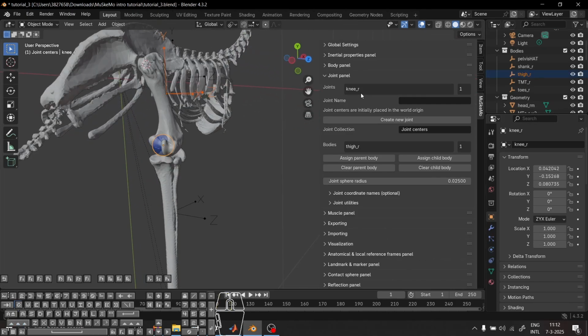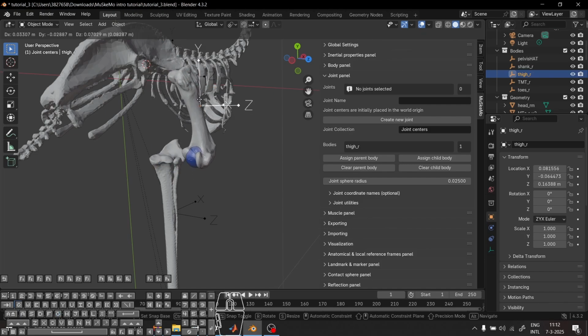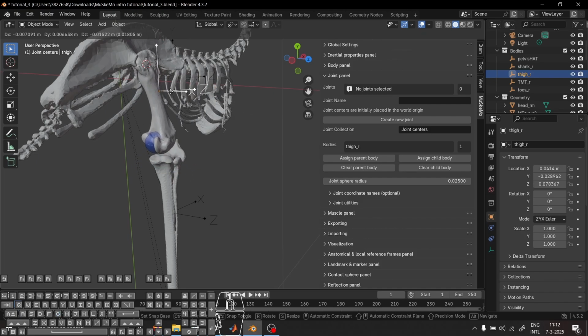And once again, you can see that the panel tells you that you've selected the knee R joint, and you've selected one body, namely the thigh R body. Then you can hit Assign Parent Body. Perfect. Now, if I move the thigh body around, you will see that the joint is moving around with the